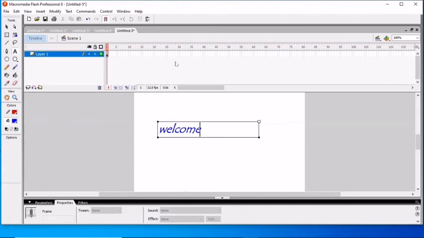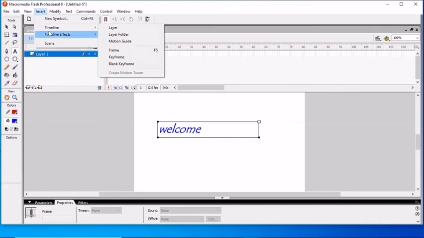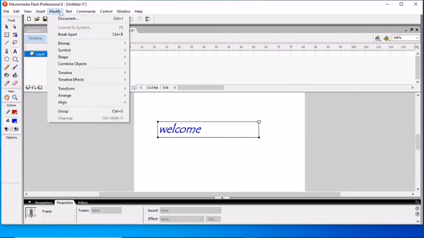So this can work. Next is animating text and shape tweening. You write this text, and after this select it. Again go to Insert, Timeline Effects, and Effects, but before this go to Modify and click on Group or Ungroup, and I select Break Apart.